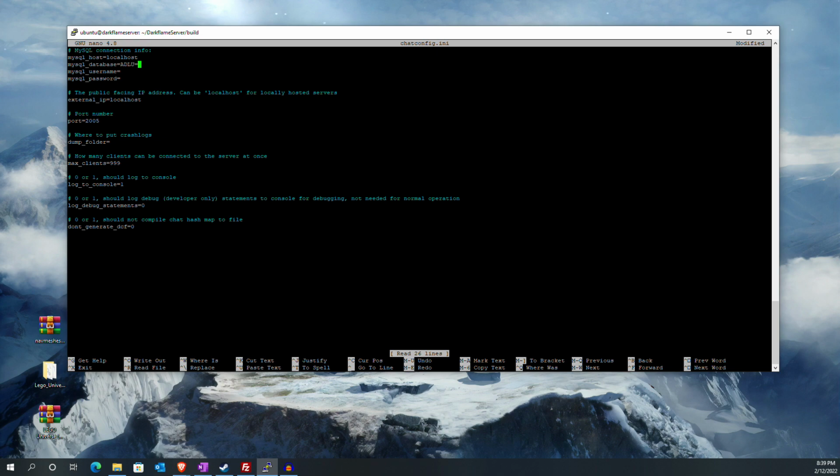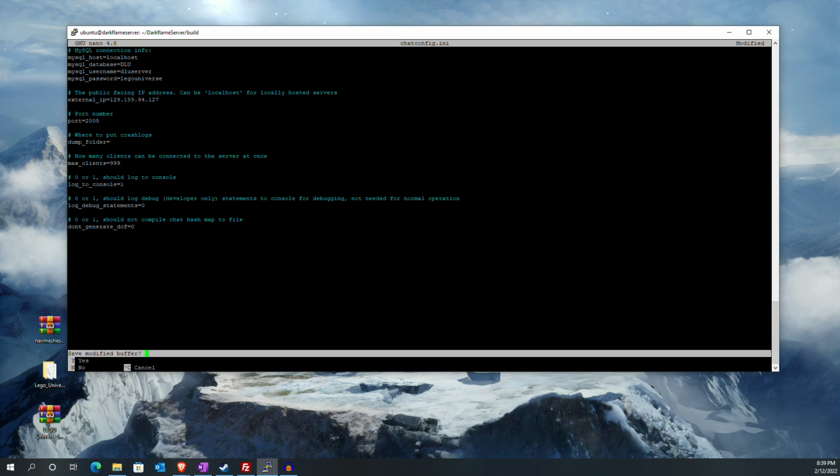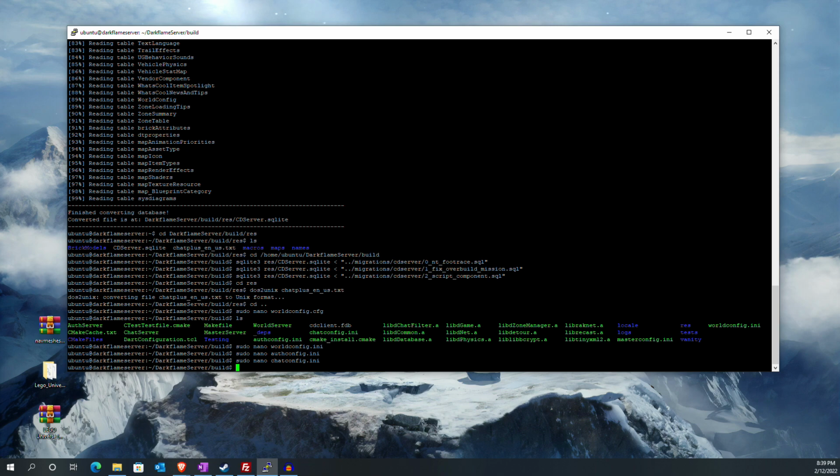DLU, sorry, I blanked for some reason. DLU, and then DLU server, and then your password. And then once again, we're going to go here and paste our IP address in. Hit Control X, Y, Enter, and then last one, sudo nano